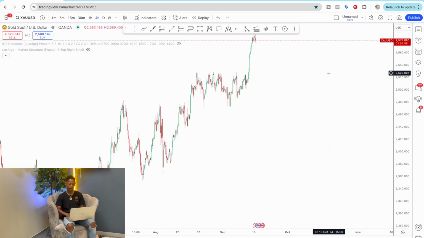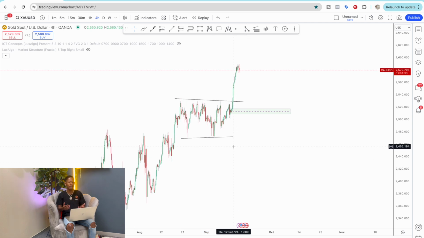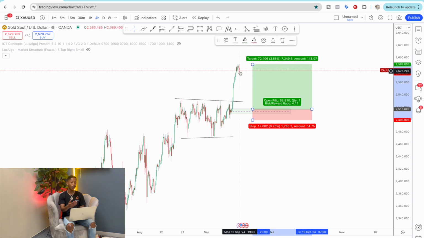With that being said, I can see the price making higher highs and higher lows, and price started playing somewhere above here. So I'll wait for price to at least come close to the support area, which is here. Also, if I add a channel or a pattern, you guys know I love patterns a lot, you can see this is more of a continuation type pattern, which means the price went upwards, corrected a bit, and now impulsed more upwards. But what I'm looking for is at least price to retrace, come back somewhere here, and once it gets here, that's when I'll have my stop loss a bit more below, and take profit can be back where the highest point is.